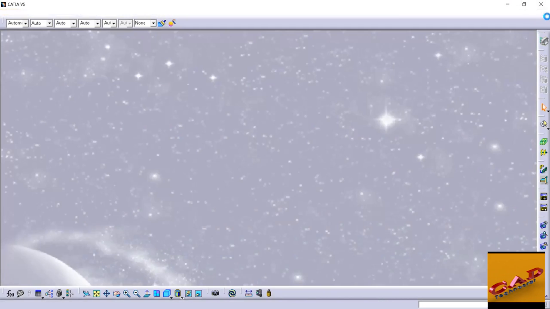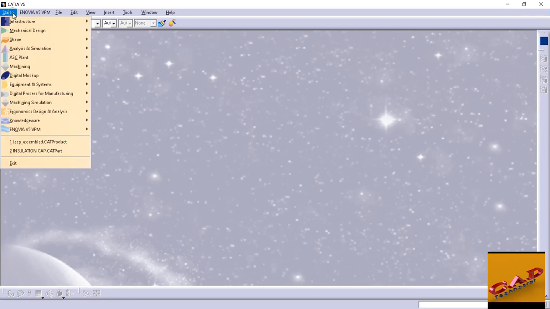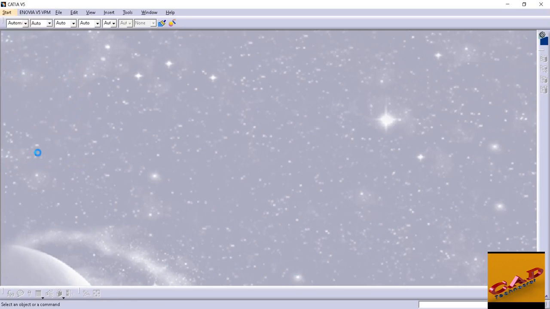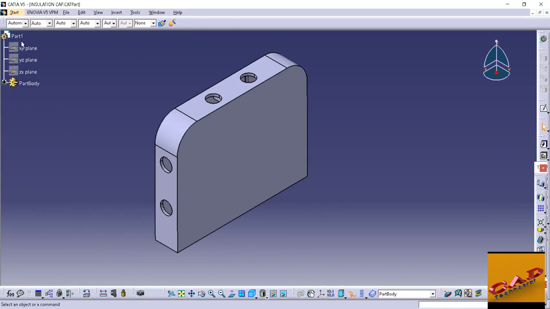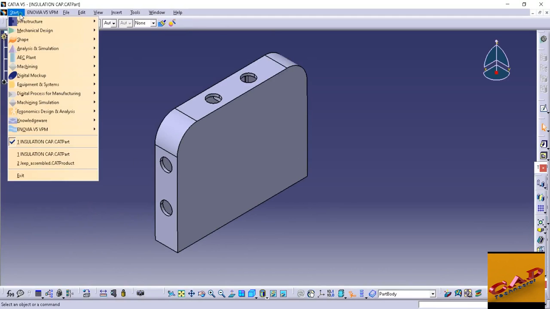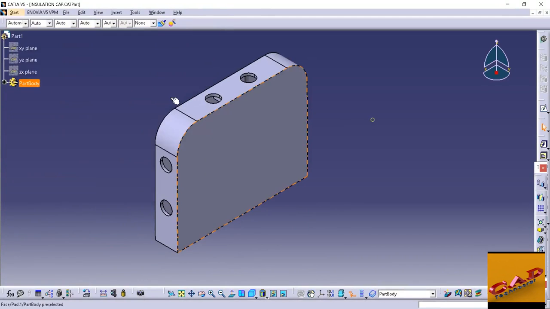Okay, now again I click on this start and I will open a new job. Okay, so here this is the part design workbench. Okay, you can see this is the part design workbench. So in this video I will show you only the controlling buttons and how you can open or close the file or how you can save the file. Next video I will teach you how to start to develop a new job, how to start to develop a new sketch in this software.